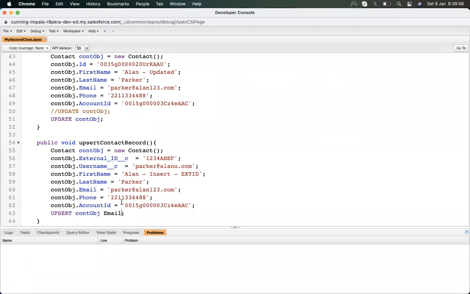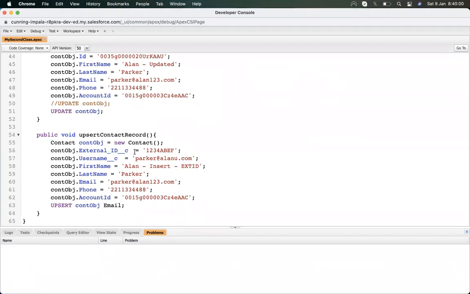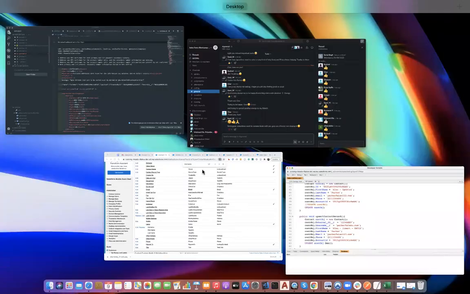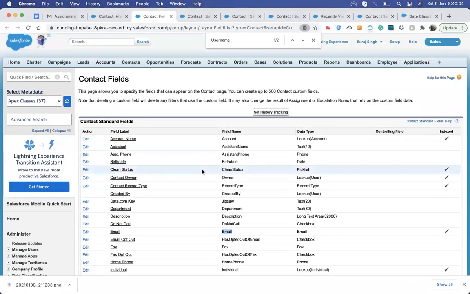What is the use of an index on a field? Indexing, it's a kind of, what is the use of an index? I know why we are using indexing.